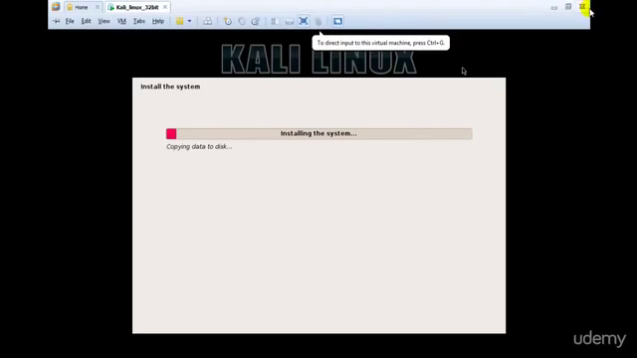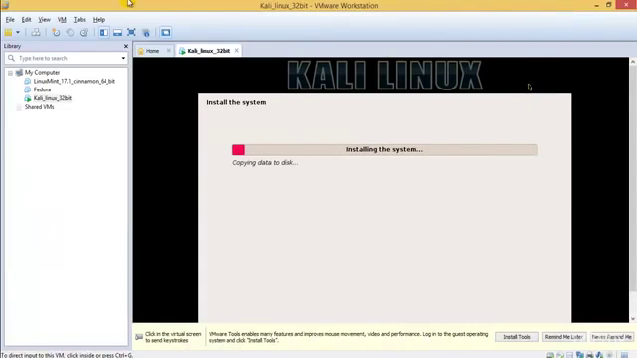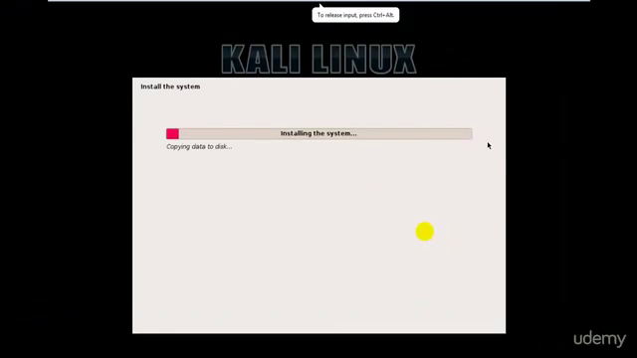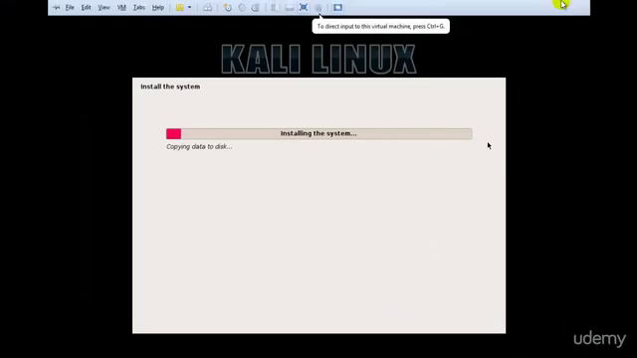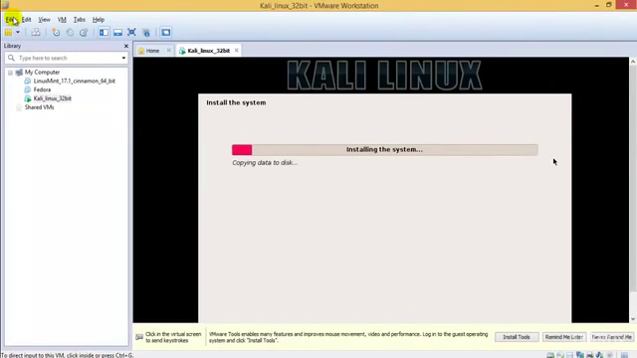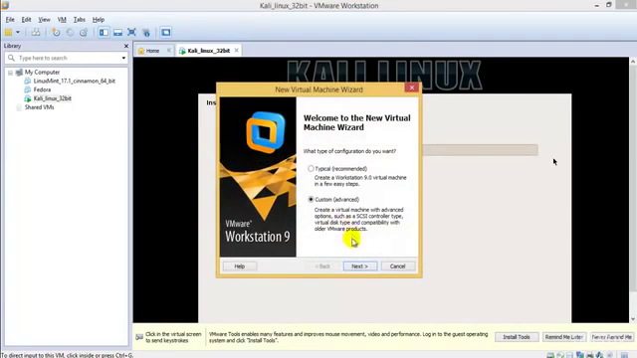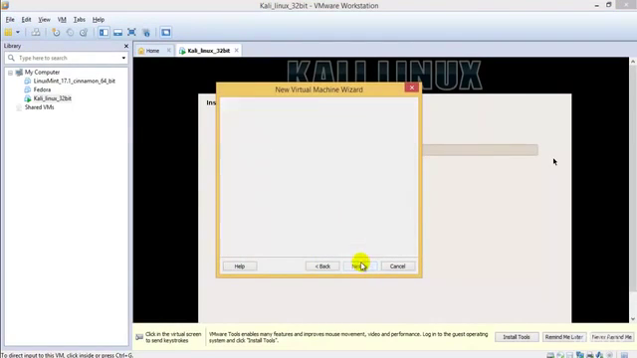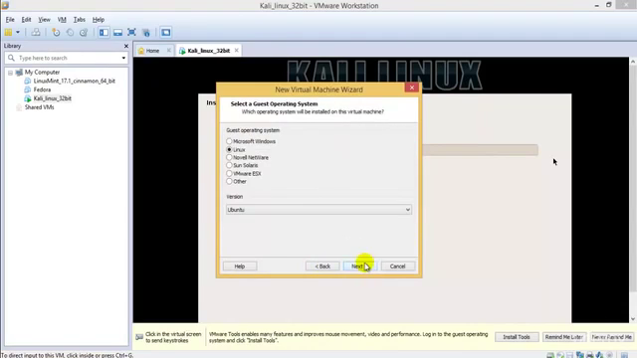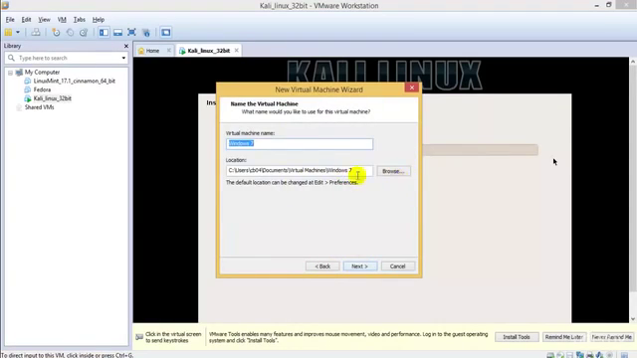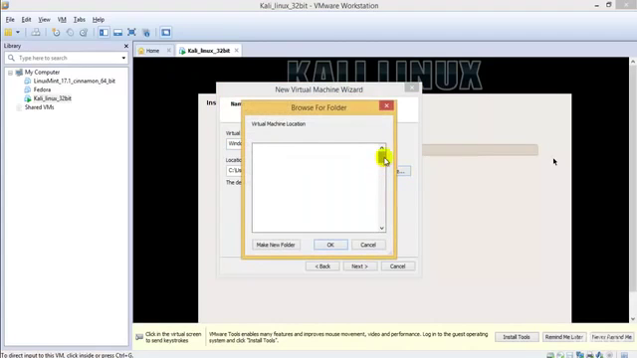So I'll just go and pause it. So by the time it goes ahead and installs, let's also go ahead and install our another machine, that would be the Windows one. So perfect, over here we'll be using Windows 7, perfect. And now I'll just go ahead and browse it,